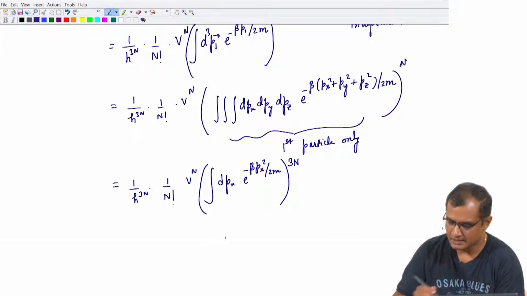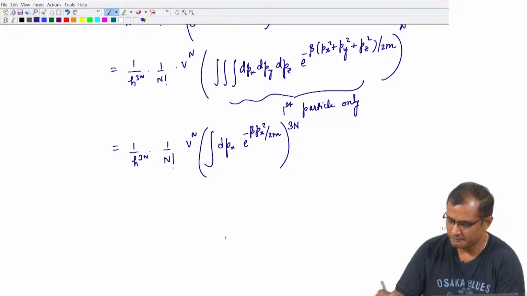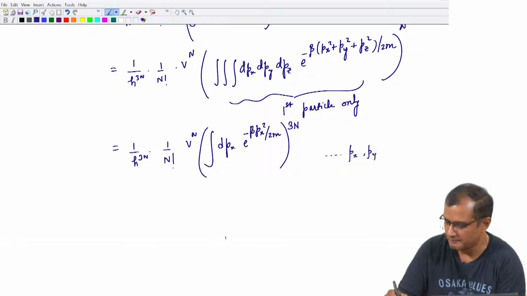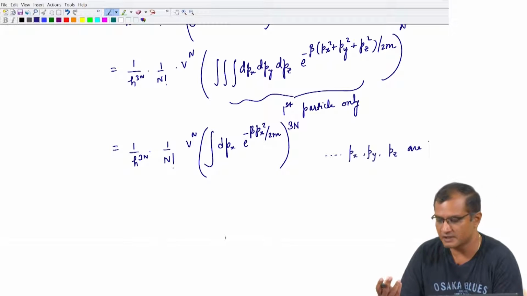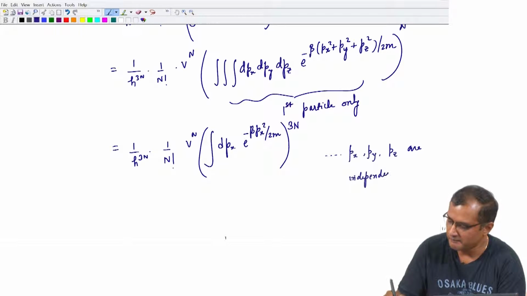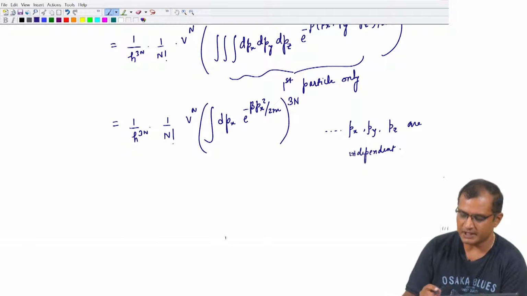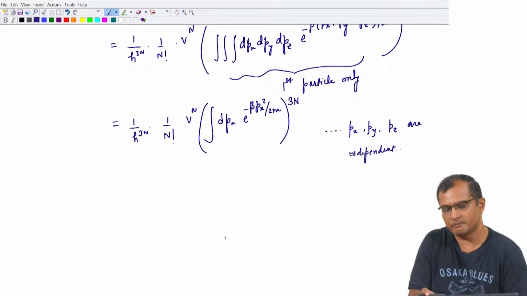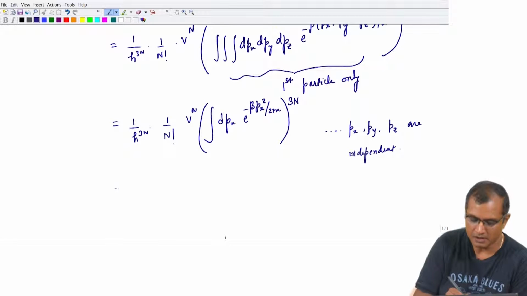Okay. Since px, py and pz are independent. That is the definition of a vector, its components are linearly independent. So, then I know that the integral that is sitting inside the bracket is a simple Gaussian integral,